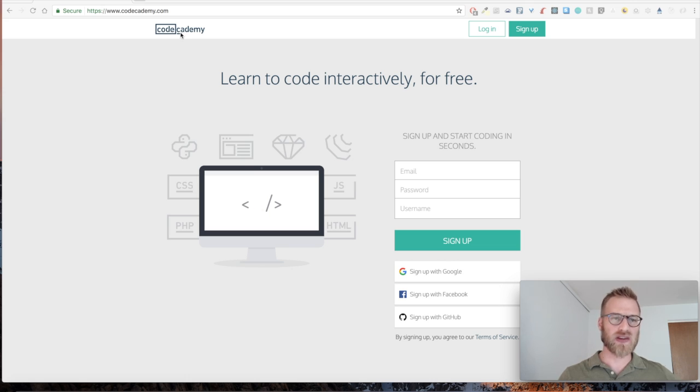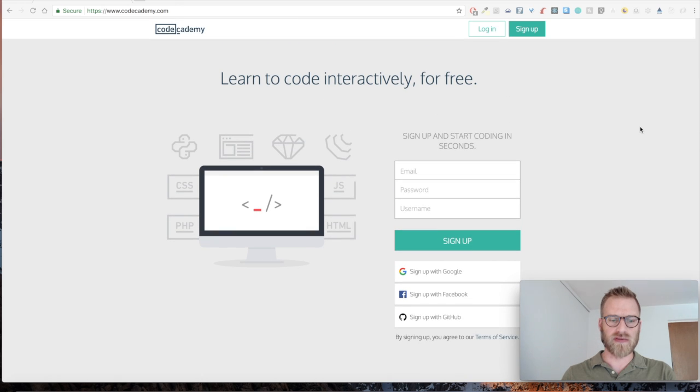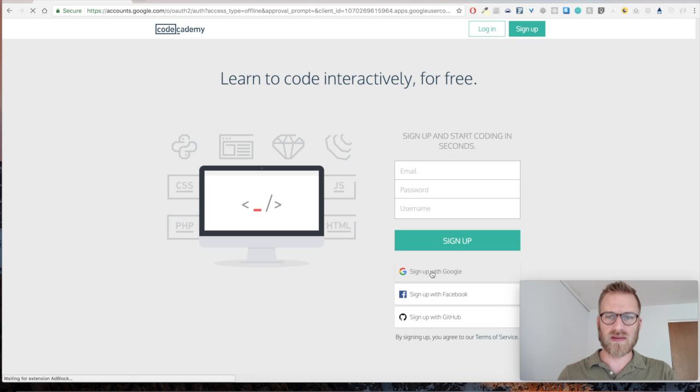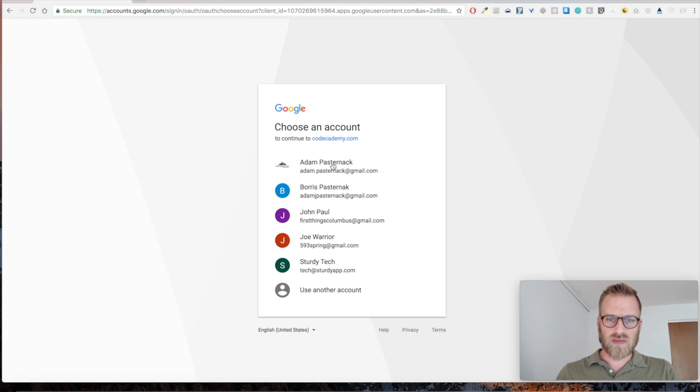So go ahead and Google Codecademy or go to www.codecademy.com. So you'll see this page and we're going to make an account. You can make an account for free. There's a plus paid version, but you can get a ton out of the free version. I'm going to sign up with Google. Click there, sign in with Facebook or GitHub or just your email. So I'm going to sign in,